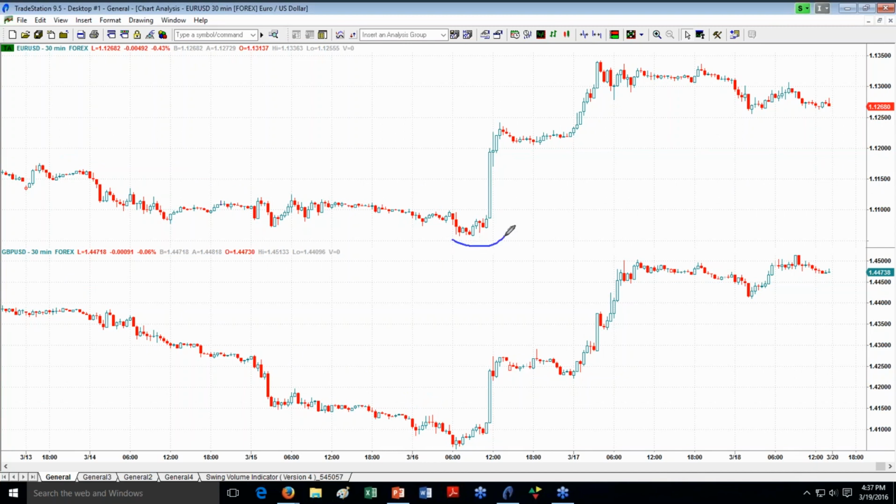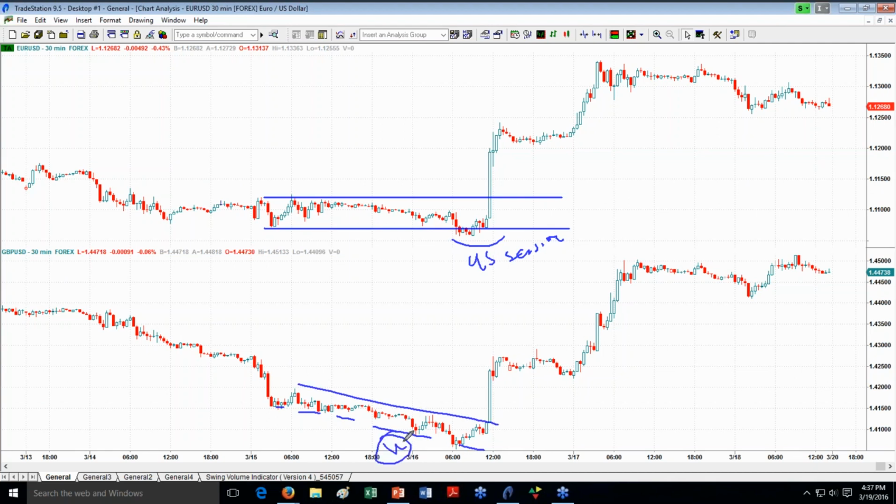So for instance, we are during this session in the US, and I'm seeing a structure here, and I'm seeing a sloping down structure. So this looks weaker. So therefore, my inclination would be, if everything is based on the upward movement, and we have the daily swing to the upside, and we have the intraday structural bias also to the upside based on phase C here, then we could open the position in the instrument that is stronger